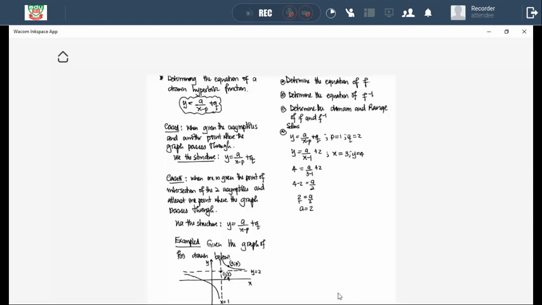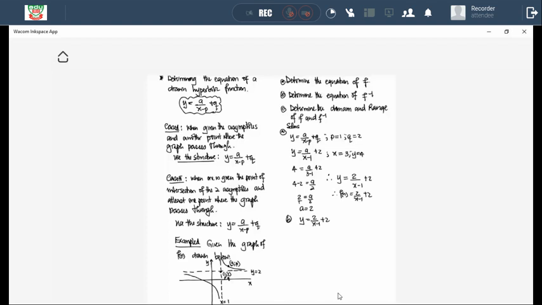2. In that case, I'm now going to substitute this back, therefore y is equal to a, which is 2, all over x minus 1 plus 2. Therefore, my f of x is going to be 2 all over x minus 1 plus 2. Right. B says come up with the equation of what? F inverse. So I'm going to say y is equal to 2 all over x minus 1 plus